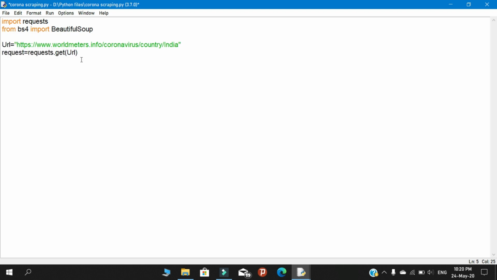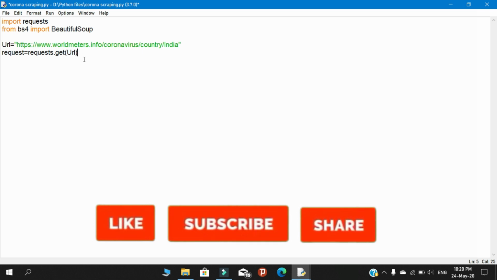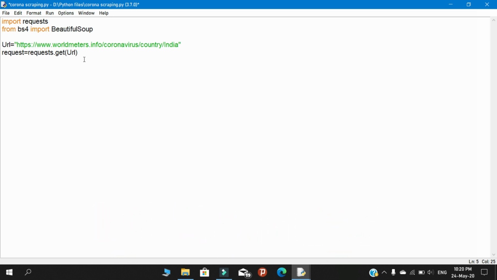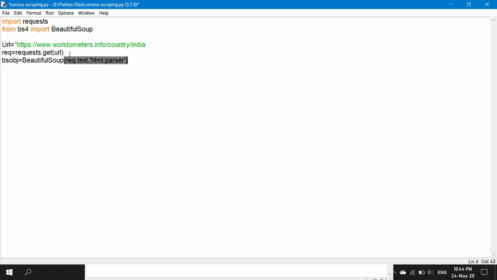After getting the response from the website, we need to scrape the data from that website. Here we need to use the Beautiful Soup module to scrape the website. So let's create a Beautiful Soup object first. Here I mention it as a bs object equal to BeautifulSoup(request.text). This is a very useful object to scrape the data.